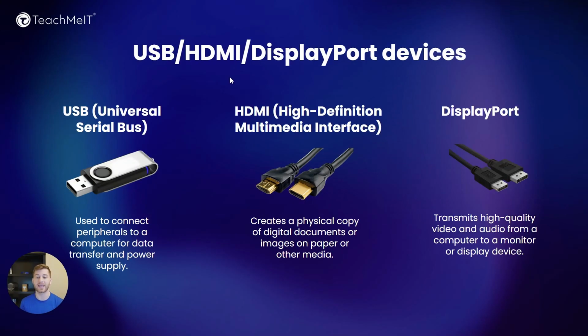Next up is our USB, HDMI, and DisplayPort devices. USB can connect almost anything, but HDMI and DisplayPort are more of a visual type of connection. Now, USB is known as Universal Serial Bus, and it's used to connect peripherals directly to a computer, a laptop, or another device for data transfer, mainly. You can use USB for a wide variety of different things. For example, you could have a USB mouse, you could have a USB webcam, you could have a USB keyboard,